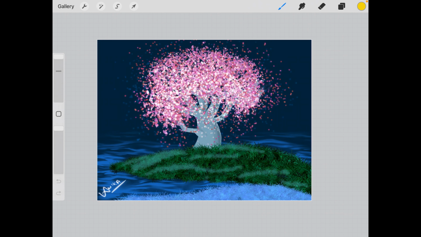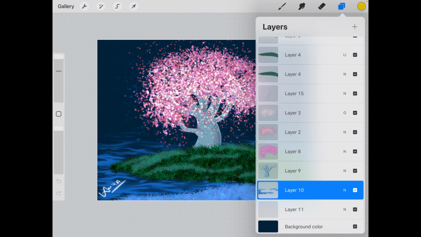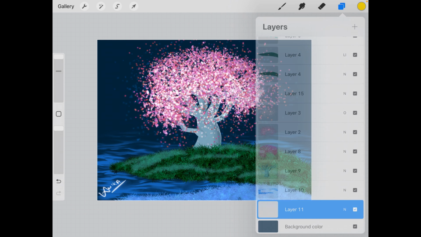Okay my friends, now I will show you layers, quite simply what it is. Now this is a drawing that I did. If you would like to learn how to do it too, I have a 1 minute tutorial again linked in the description. But it has just a few layers, so it's perfect to show you guys how to work around with layers. Okay, so let me show you.